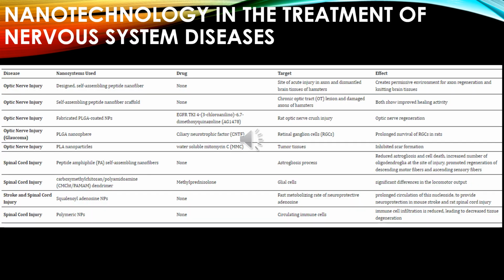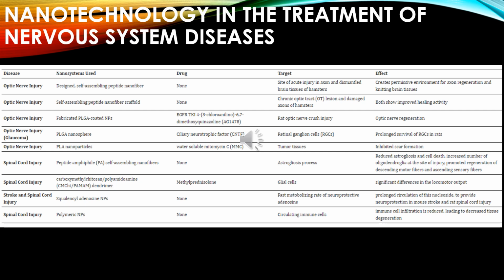So here I would like to show the application of nanotechnology in the treatment of nervous system diseases. This has been taken from the paper by Anjum et al., 2020. Here we can see the different diseases like optic nerve injury, glaucoma, spinal cord injury, stroke, and spinal cord injury, with their associated axon damages, and these are the different nanosystems designed to treat these diseases,